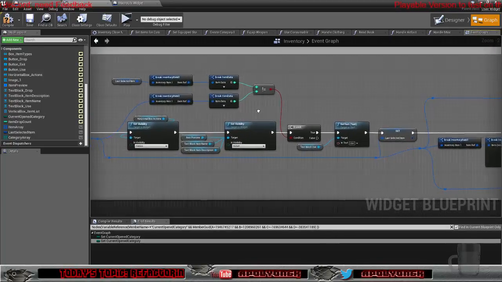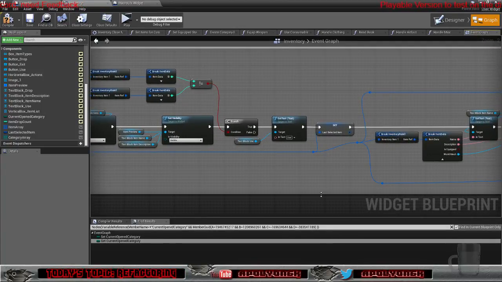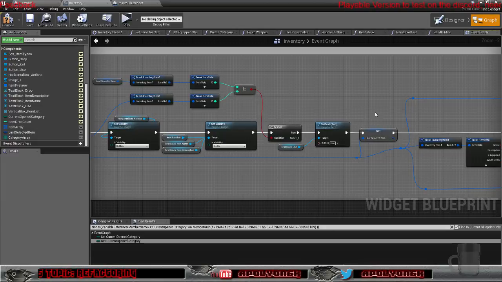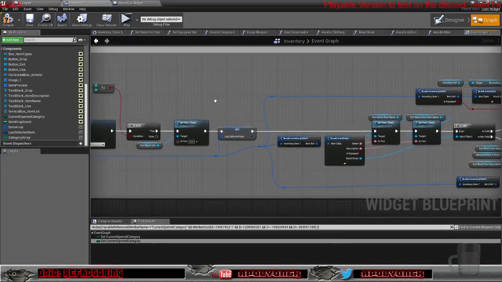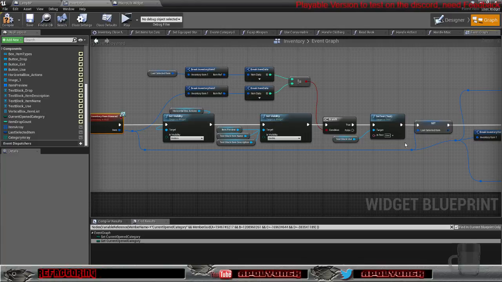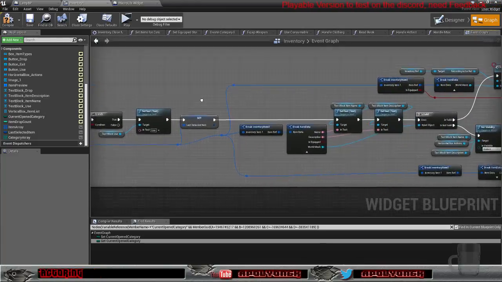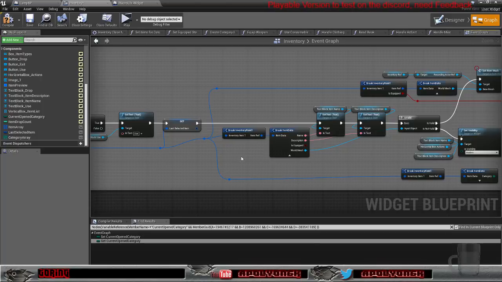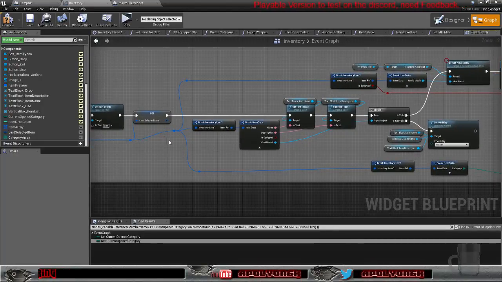If that is not the case, then nothing happens because we didn't change the item. If that's the case, then we set the new item as our last selected item. And then we go on to set the name, set the description,